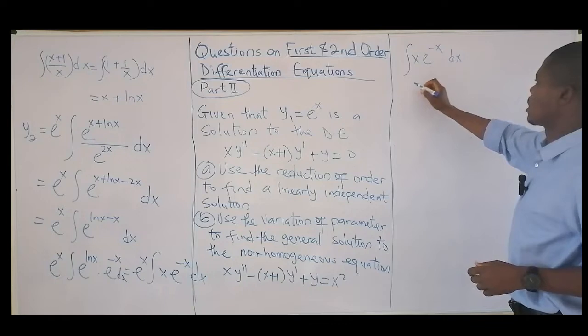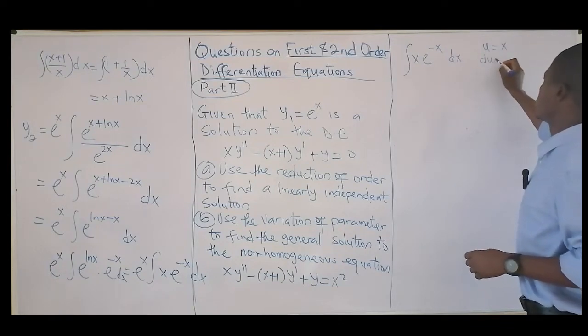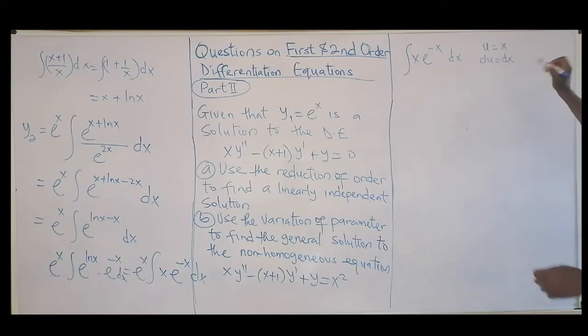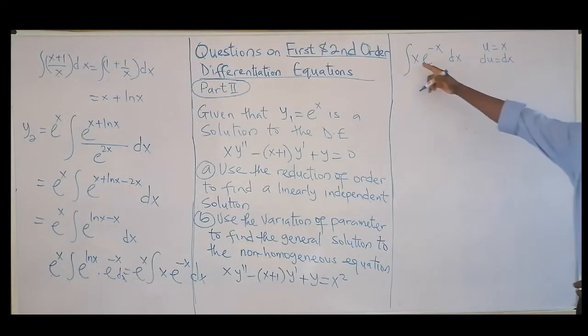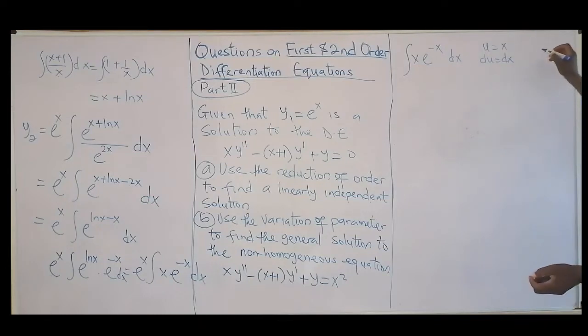So my u is x and du is equal to dx, because it is better to make this your u since it becomes simpler on differentiation. Then the v is e^(-x). Okay, then integrate both sides. You have v equal to what? -e^(-x). The integral of this is the same thing, it's just that you have to divide by the attachment to that variable of the power, and the attachment is -1.